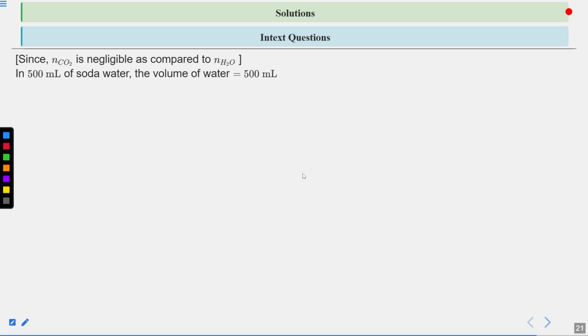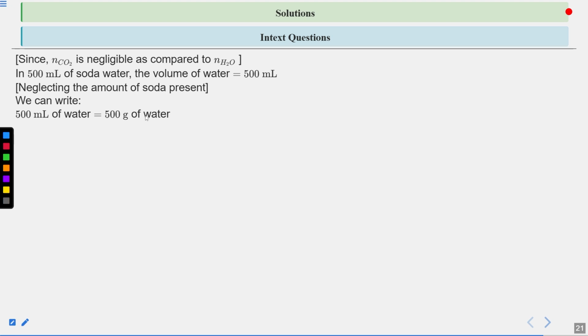So in 500 ml of water, the volume of water would be 500 ml. Because the amount of CO2 is very small, there will be very little change in the volume due to absorption of the CO2 gas. So neglecting the amount of soda present, we can write